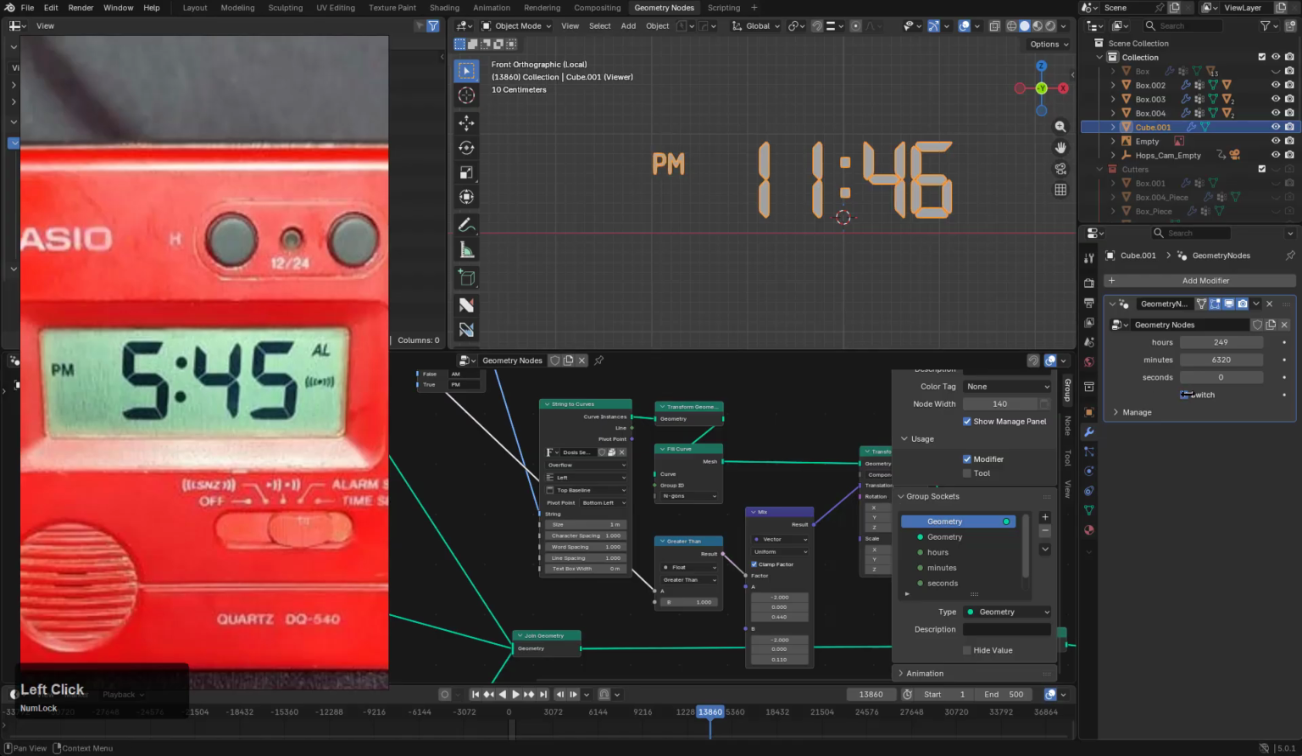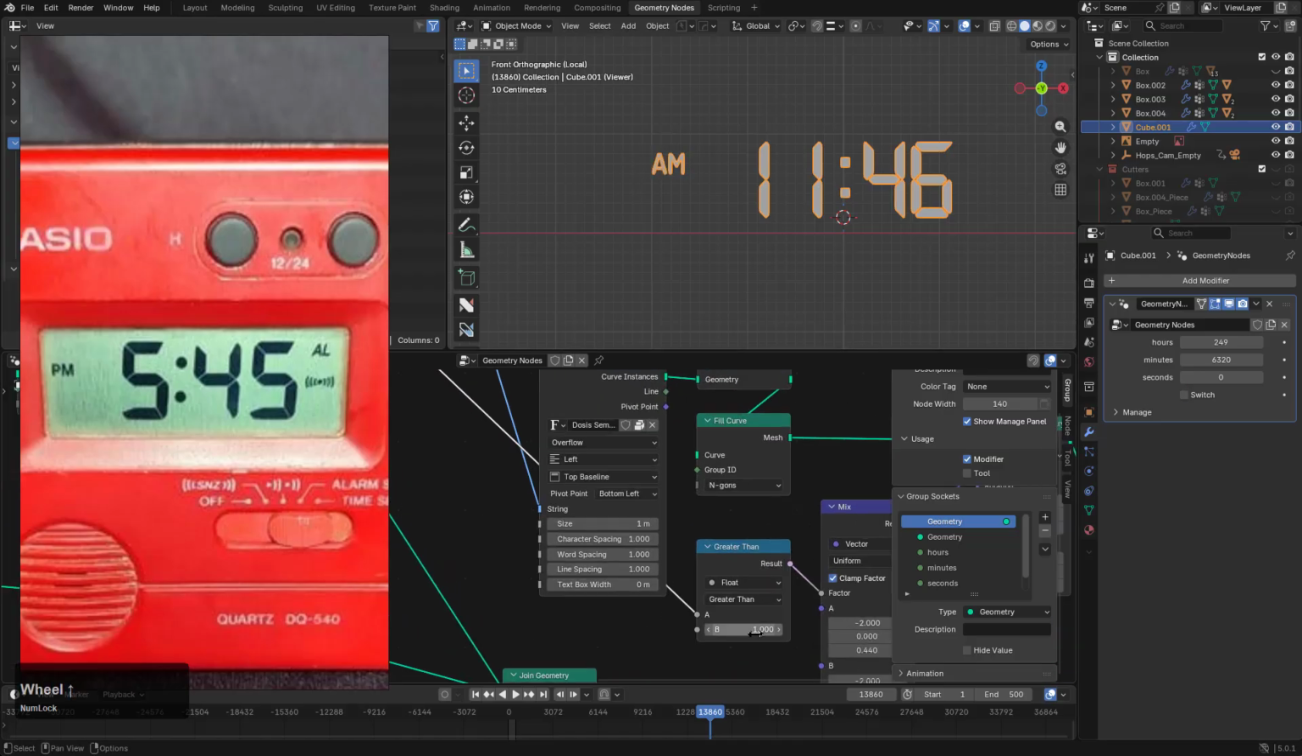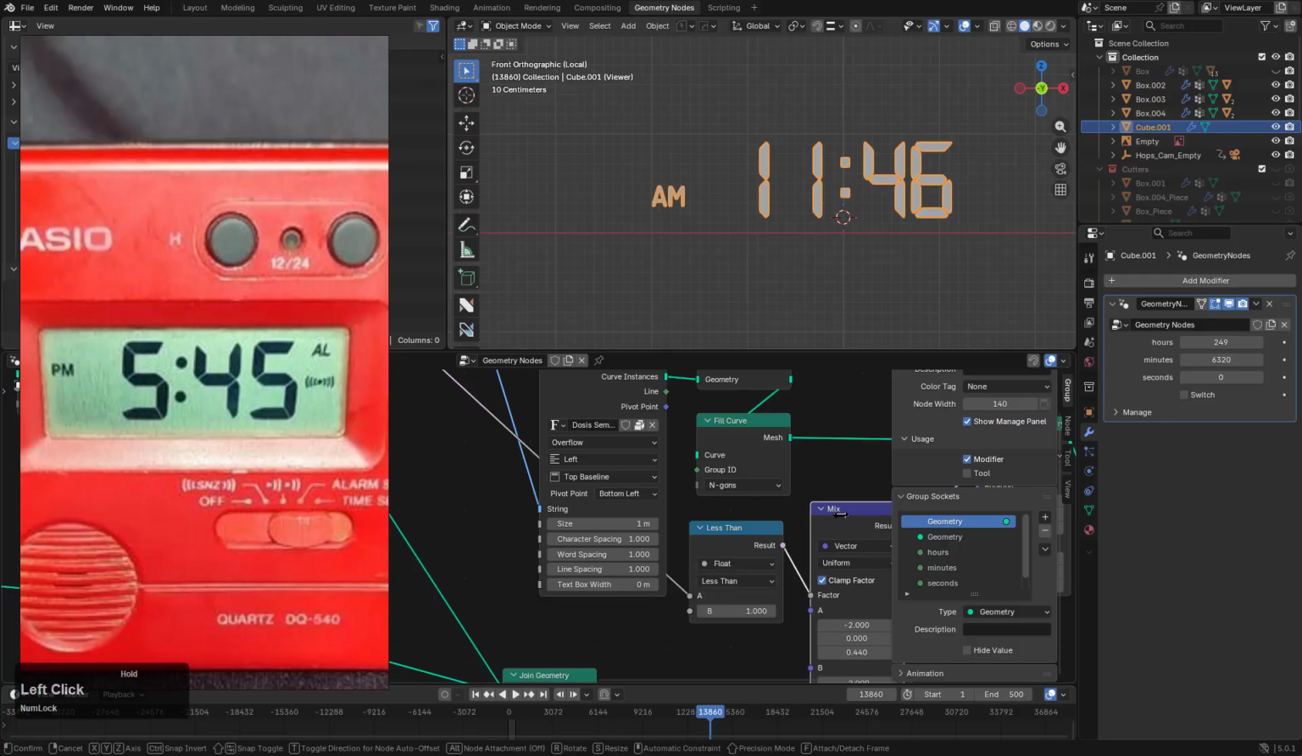Let's see. PM, AM, PM, AM, PM, AM. I don't know why I had to think, and that's also probably not the way to even do that, but that's the way I chose to do it. So,